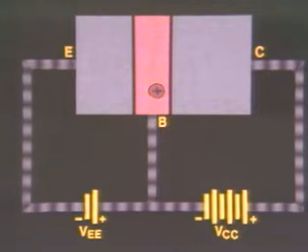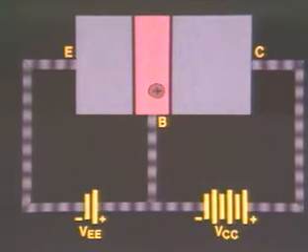Although we've described the action that takes place in the NPN transistor, the theory is basically the same for a PNP transistor. Now let's summarize segment 2. Then we'll go to the last few questions of the segment.